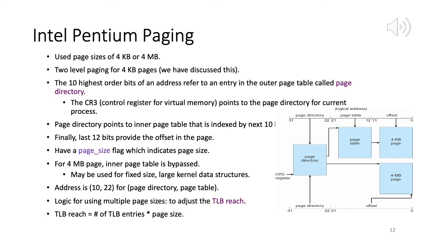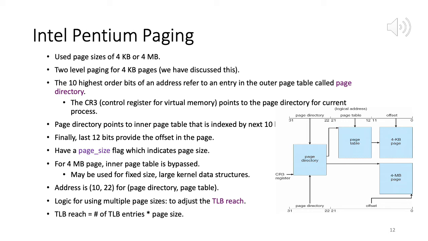If the size of my process is only 20K, it's a small process, and I use a 4 MB page, then even with one page I'm doing a lot of wastage. Whereas if I use a 4 KB page, I'm much better off. So for small processes, and for processes where it's not predictable how much I need to bring in, I can use a 4K page. Therefore, because of the pros and cons of small and large page sizes, the Pentium supports two sizes, 4 KB and 4 MB. It uses a two-level page table, which we have already discussed, right?